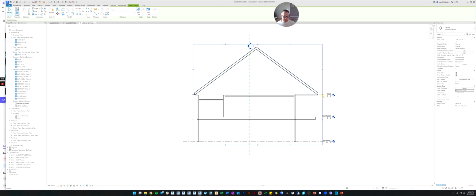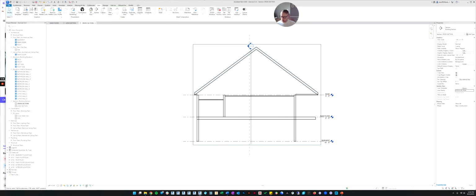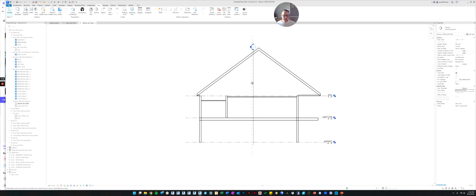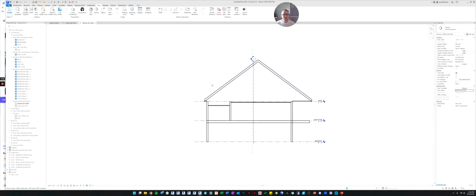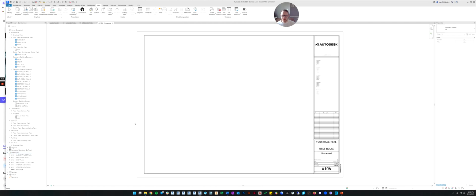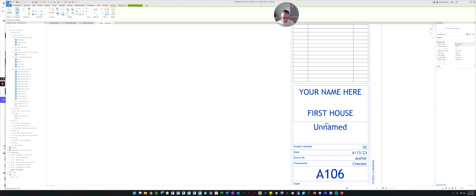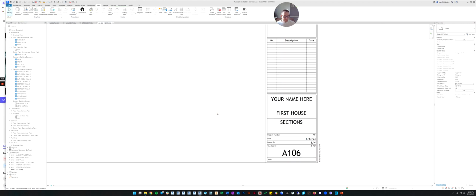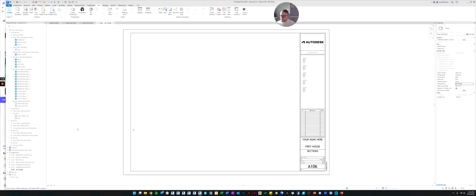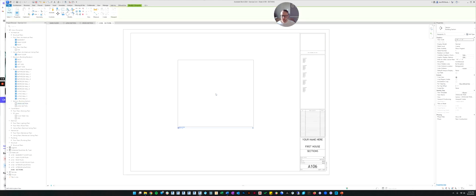So we'll bring that back. And then we're going to hide the crop region. And there you go. Now we've made our first longitudinal section and cross section. Now we just need to put them on sheets. So we're going to go down to sheets, right click on them, and we'll create a new sheet. Click OK. Now we have our new sheet. We're going to fill it out. We'll just name this sheet sections, and we'll fill in BJW. Okay. Now let's drag those onto the sheet.